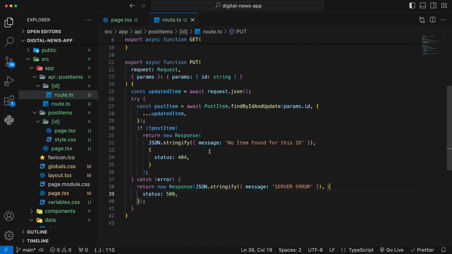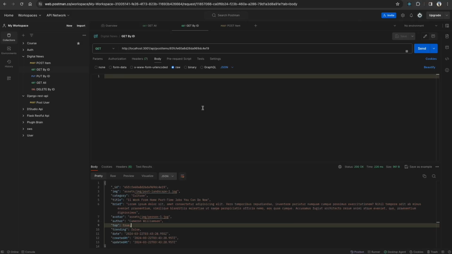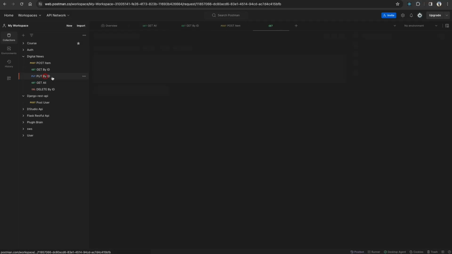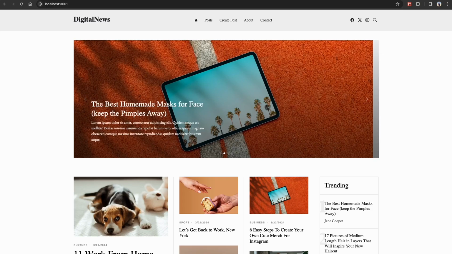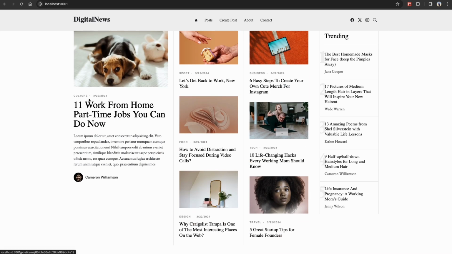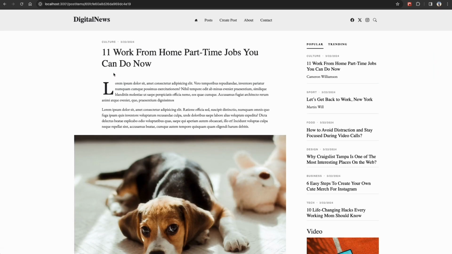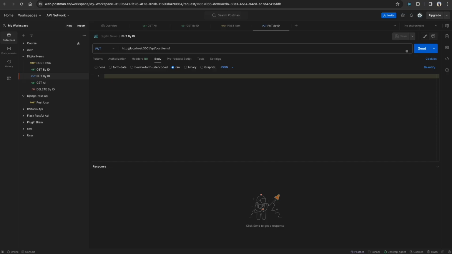And once we've done that, I just want to give it a try in our Postman over here. So I opened up the put request by ID, and let's try one. Say, for example, this one, the first one, and it's going to be the 11 work from home part-time job. Let's see. This one is 11, right? And we copy that ID to see if we can make the update to this one. And we go to the put request. Here, we just want to put in that ID number. And inside the body, we're going to